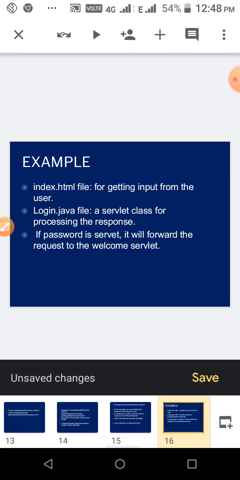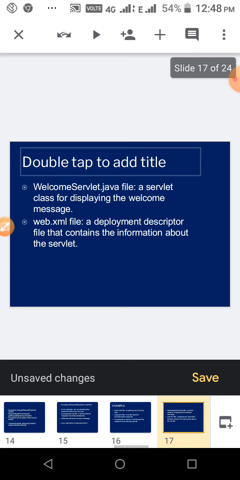The files we are going to see in this example are index.html, login.java, and then if the password is servlet, it forwards the request to the welcome servlet.